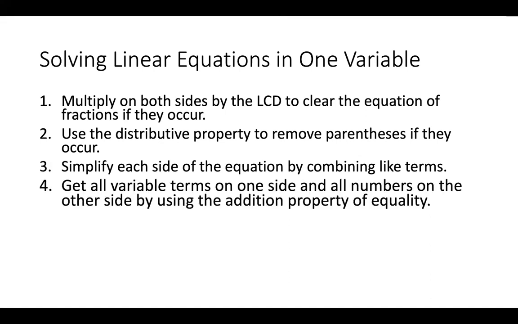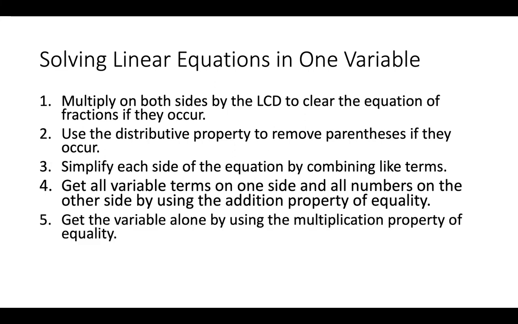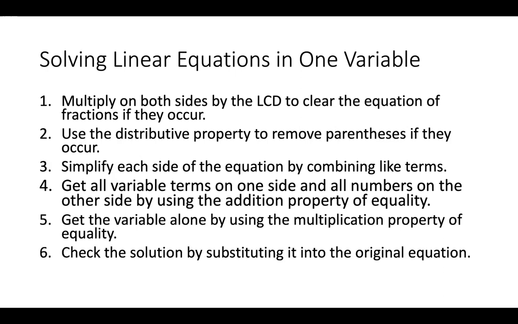All right, in step 4, we will use the addition property of equality. We talked about that in the last section to get all variable terms on one side and all numbers on the other side. Step 5, we'll use the multiplication property of equality to get the variable alone. And then finally, it's always a good idea to check the solution by substituting it into the original equation. So I will continue my tradition of doing the check in maybe about every other example, just so the video